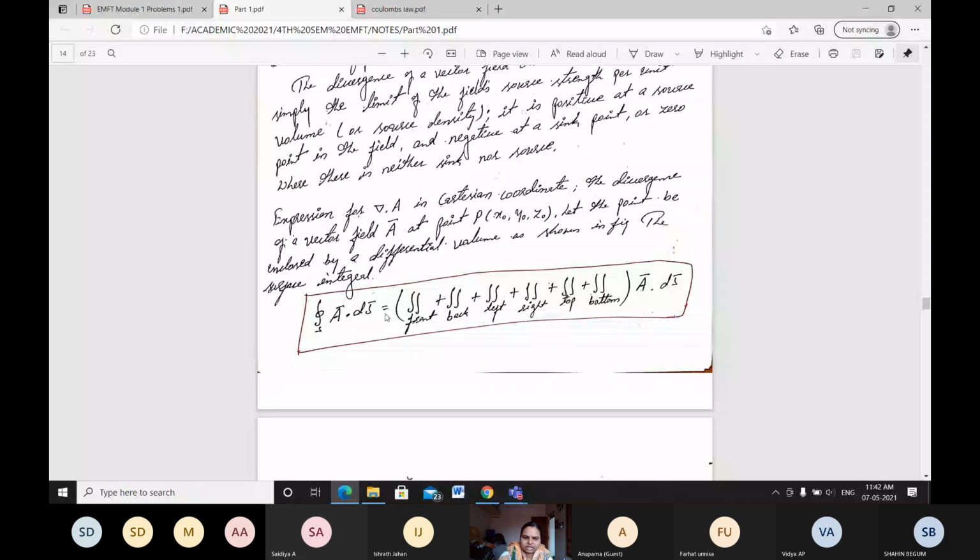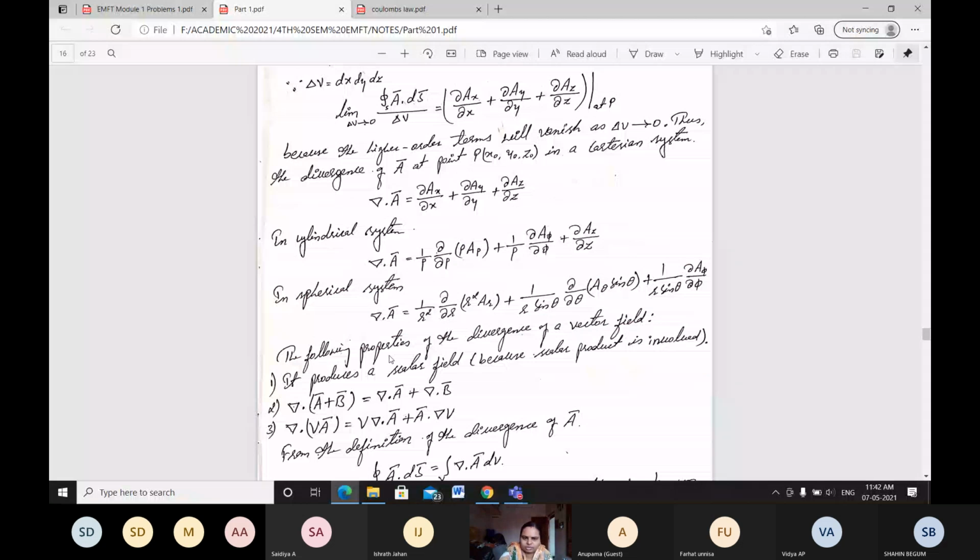First you have to check whether the system given is Cartesian, cylindrical or spherical. These are the formulas for finding the divergence of any vector if it is given. As a hint, if it is in Cartesian, then del dot A is ∂Ax/∂x plus ∂Ay/∂y plus ∂Az/∂z. Means when a problem is given, we take the vector component Ax here and differentiate it. Based on these formulas, here a small problem is given.